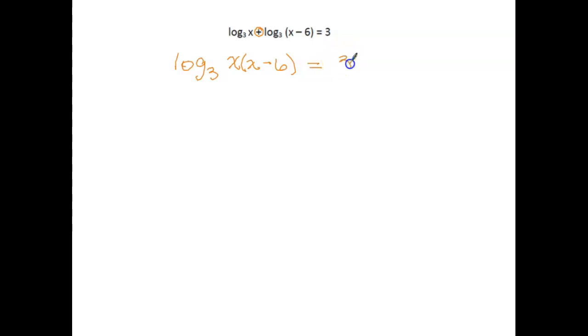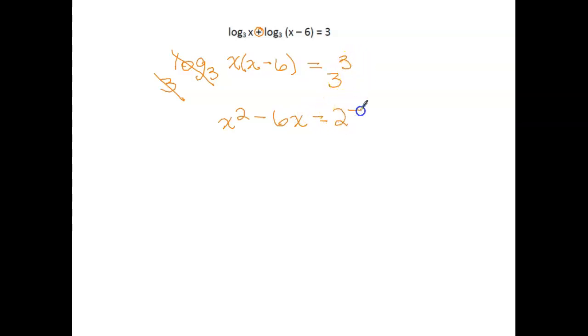is equal to 3. And in order to get rid of this log base 3, we're going to turn this into an exponential function. So we're going to take 3, the base here, and make it the base of an exponential, and whatever we do to one side we have to do to the other. So this log base 3 and this exponential 3 will cancel each other out, and on this side we have x times x is x squared, and x times negative 6 is negative 6x, and over here we have 3